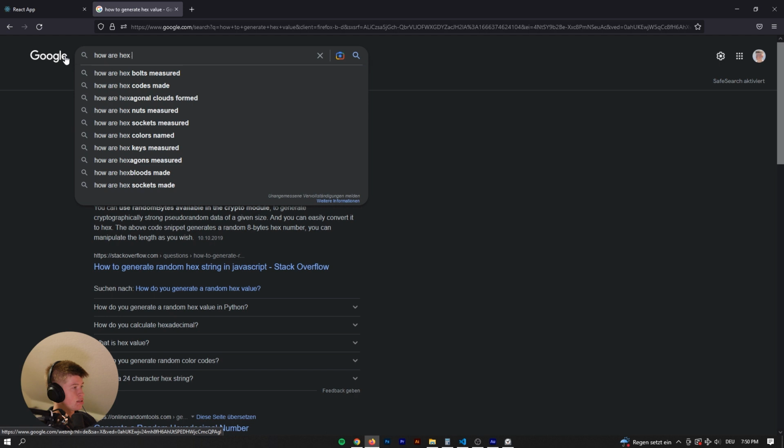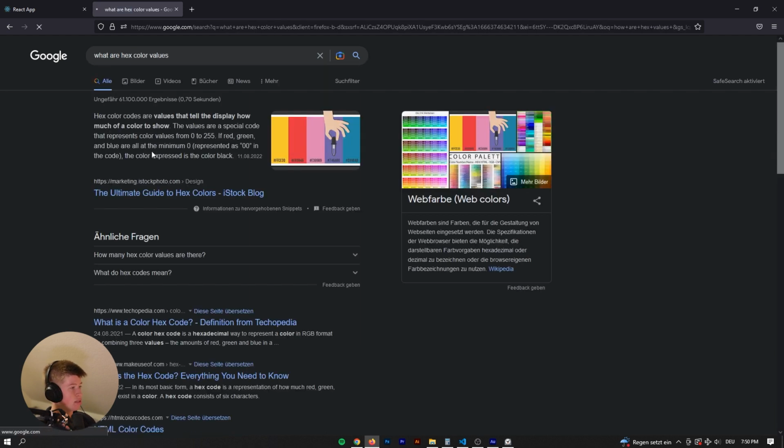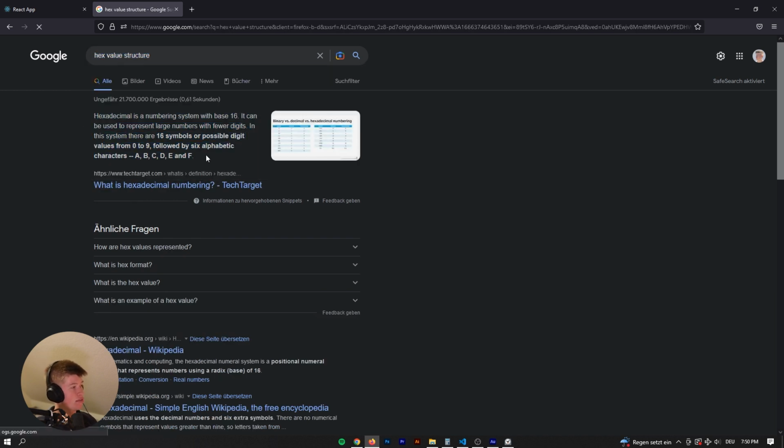How are hex values? What are hex color values? Let's see. Okay, so I typed in hex value structure and that actually gave us something useful. So it turns out a hex value is a letter A, B, C, D, E, and F, so one of those, and then followed, no, it's a number and then an alphabetic character from A to F and a number